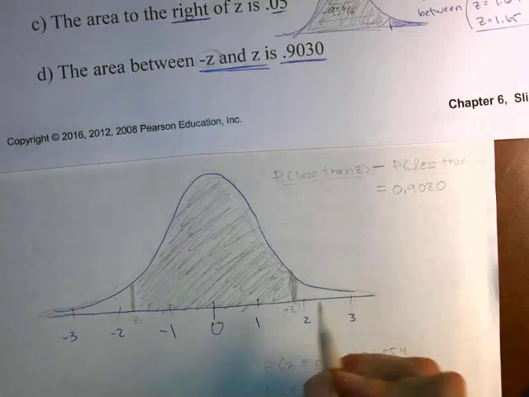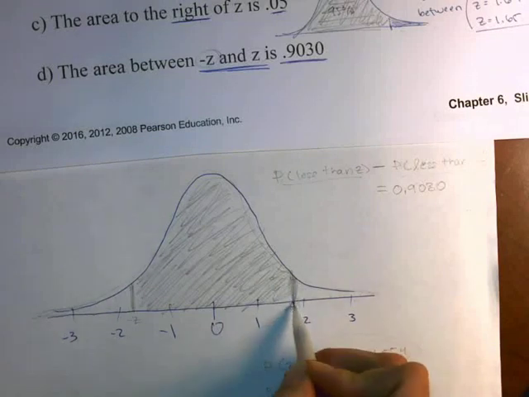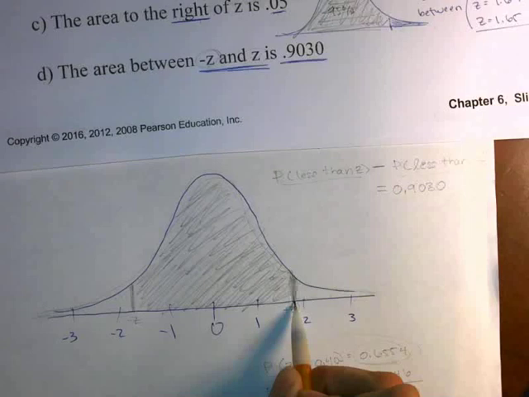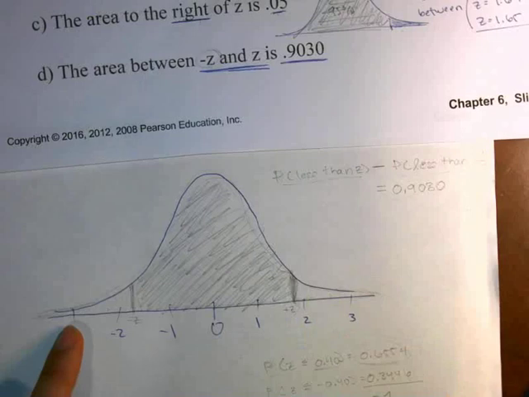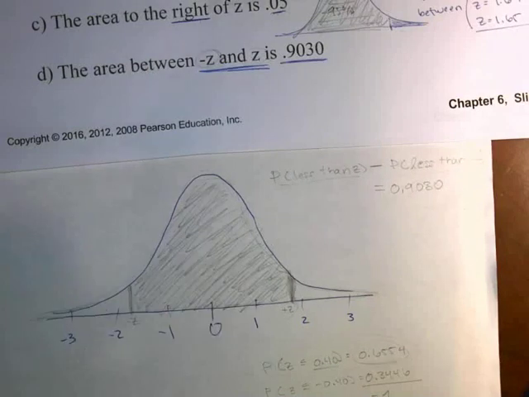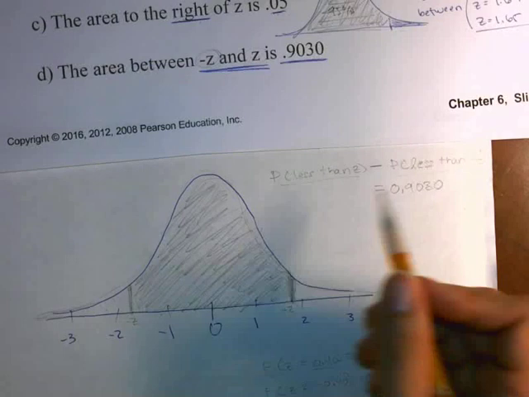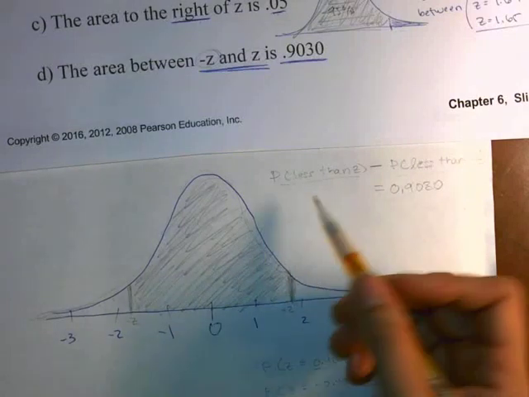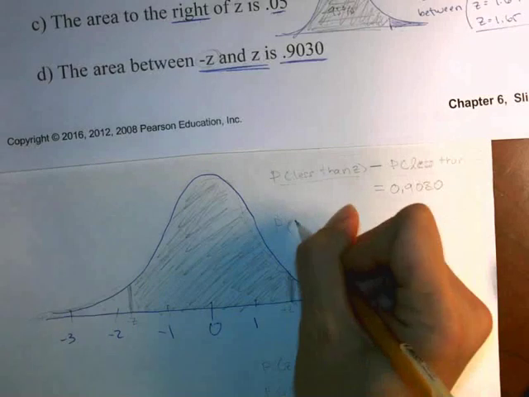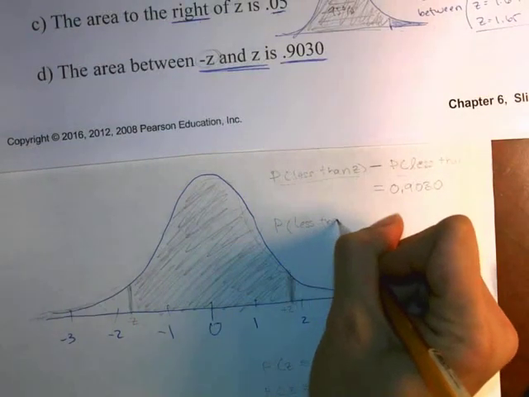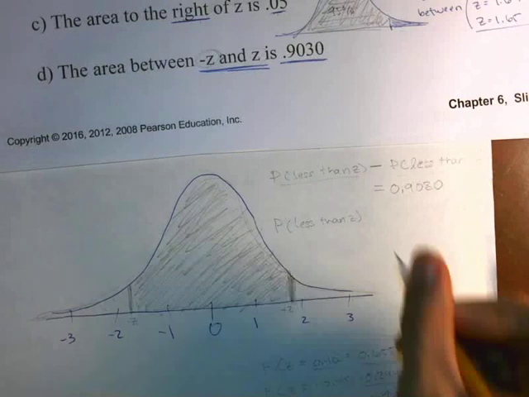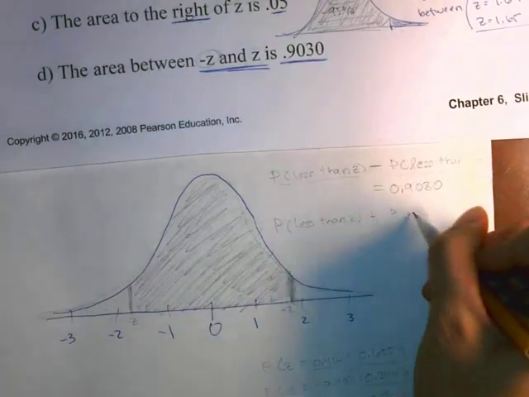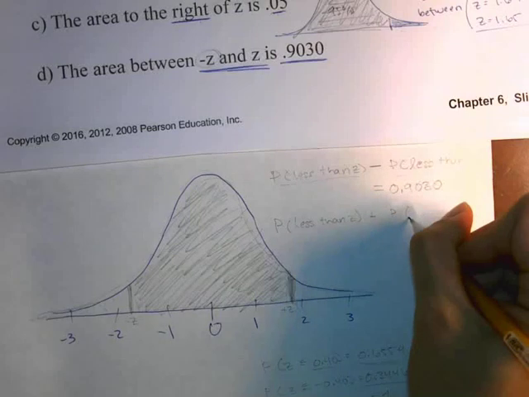So we needed this little realization in order to solve this problem, because now I have a way of thinking about it: the probability that z is in here and the probability that z is in here are the same number. So I could actually write another equation here, which says that the probability that we're less than z plus the probability that we are greater than negative z